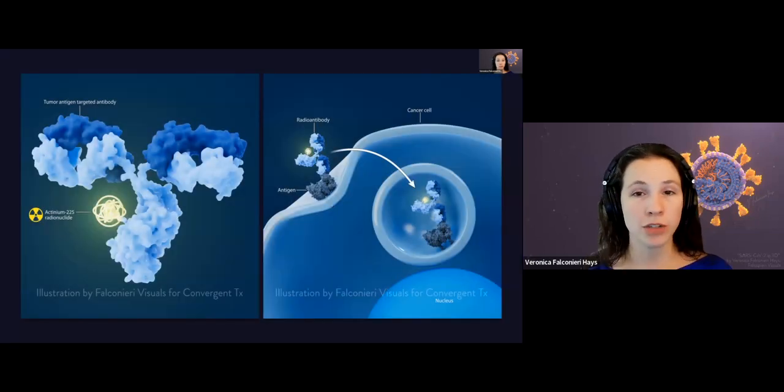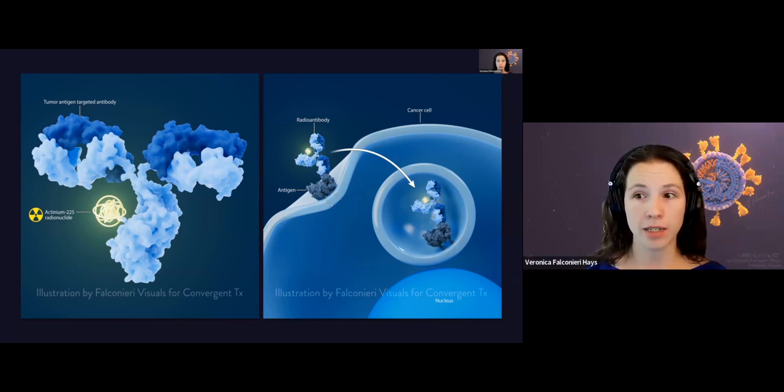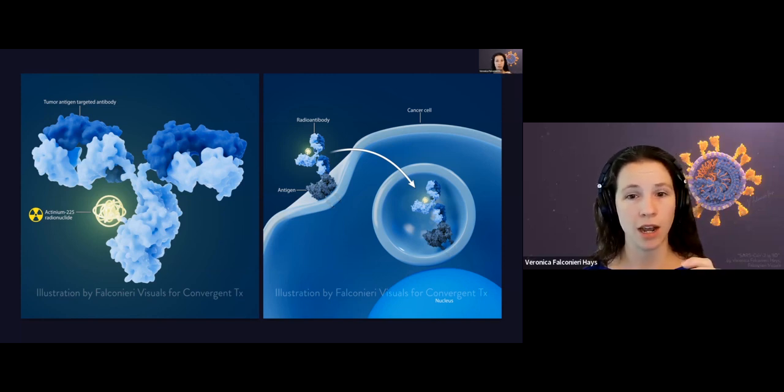Here is some work that's actually for a biotech company. They have a technology that targets cancer cells. The antibody targets cancer cells, and then they have a specific little radionuclide that comes and kills the cancer cell. So here you're seeing PDB structures for the antibody and for the receptor on the surface that it's binding to.